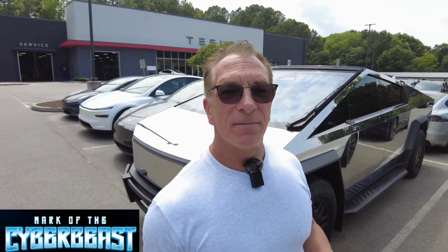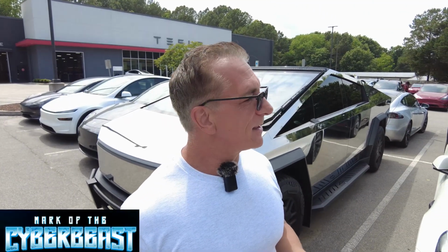Now I've driven the Model S, and Model S is nice if you like a sedan. I just like the room. Also liked, my wife didn't, but I like that windshield that goes all the way up to the top of your head. It almost gives a sunroof type feel. I also like the display right above the steering wheel, the yoke now, because one thing the X is missing,